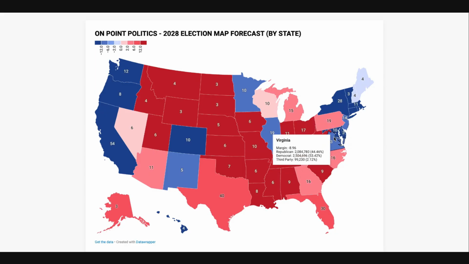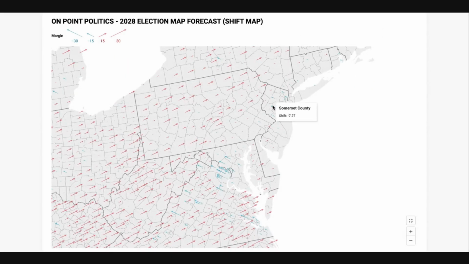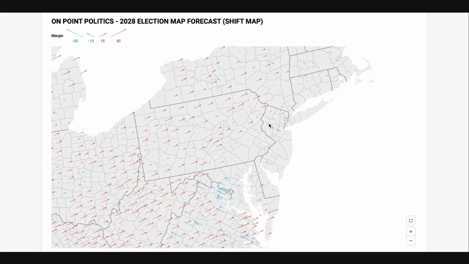And in New Jersey, you actually see that even there, Vance is underperforming Trump, and you see a little bit of an improvement there for Pete Buttigieg. And really, you see Passaic County barely shift left, but it's really these suburban areas that are shifting quite left. Because even Salem County and Cumberland, a lot of them are not shifting left. Even Sussex County and Warren County shift left or right, but it's really these suburban areas again that are making the state move in that direction. So that's really where the massive shift is coming from there.